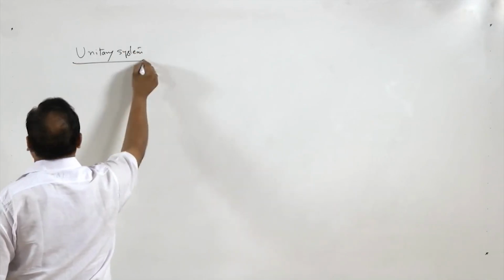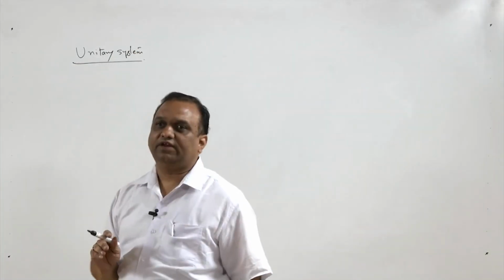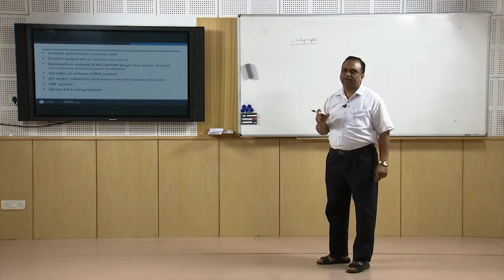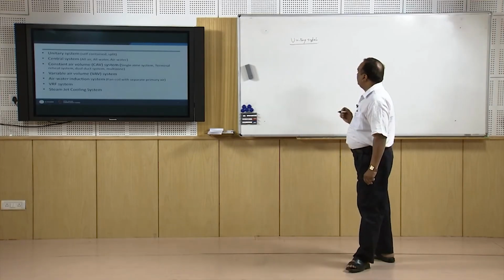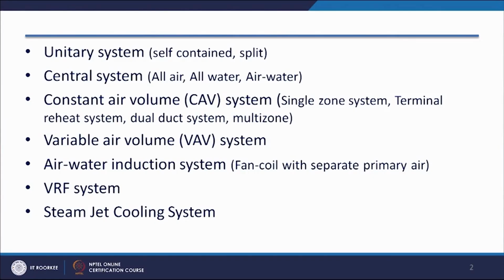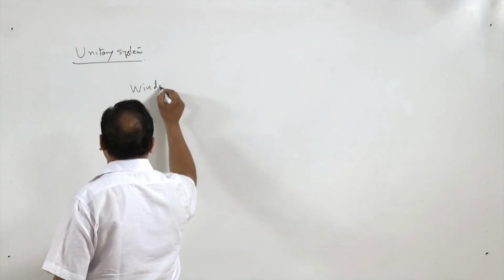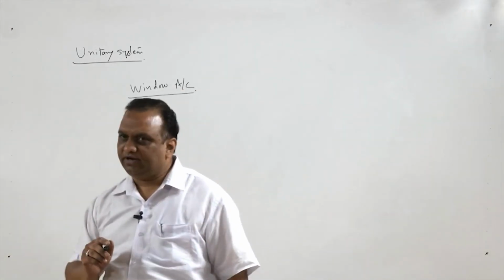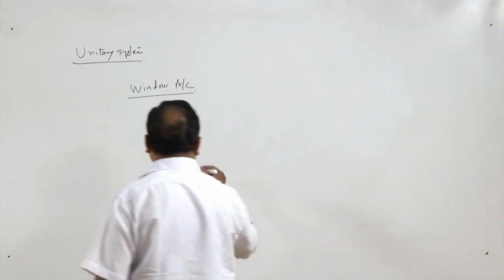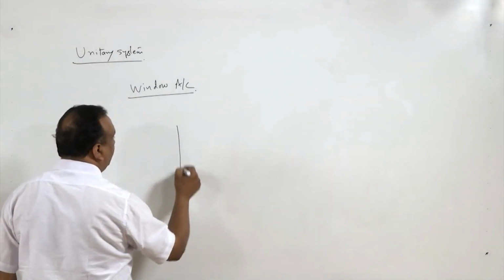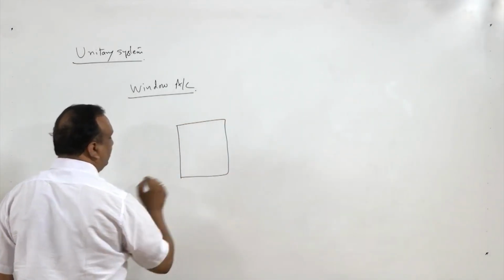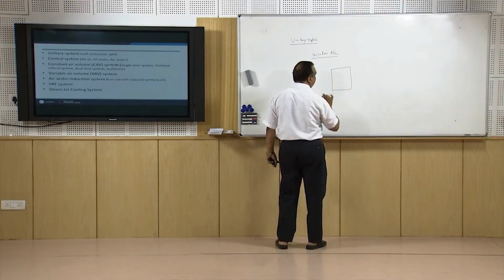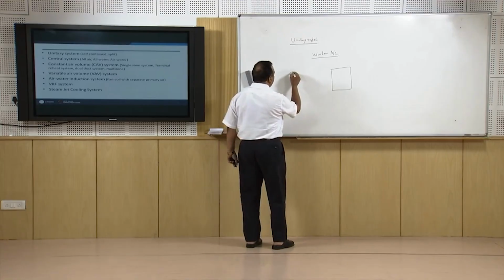A unitary air conditioning system means it is a self-contained unit or a split unit. It comes in the form of mass manufacturing from the industries, and these units, for example, the window air conditioner. A window air conditioner is a self-contained unit. It is a box, and this box is fixed in any of the walls of the room. This box has all the arrangement, I mean all